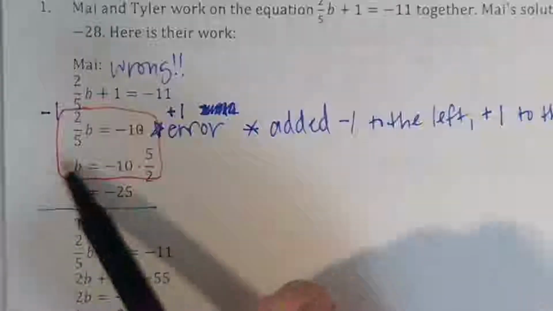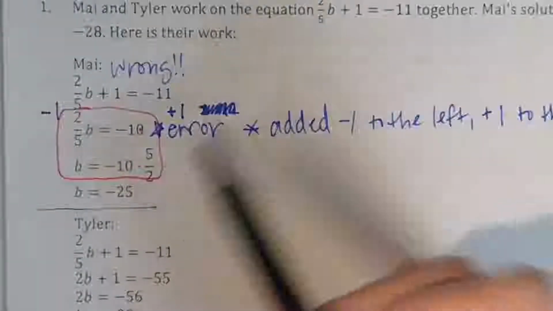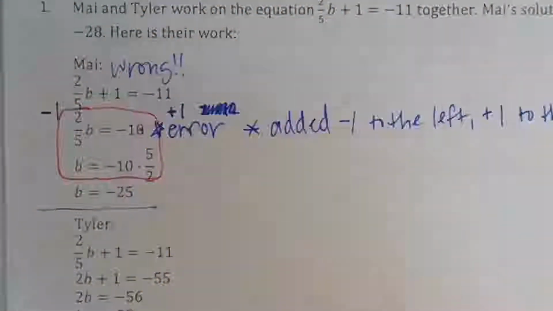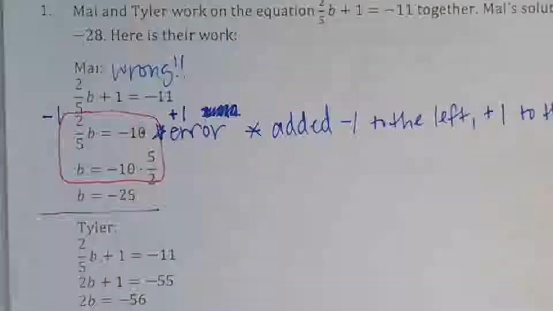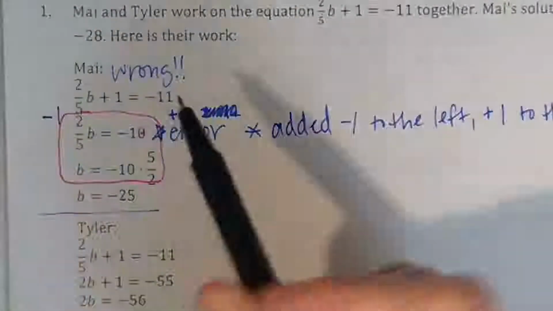I don't see anything multiplied over here, but I see a 5 over 2 magically appear. That doesn't automatically mean she did something wrong. There's absolutely a chance that she kind of completed multiple steps at once. So to kind of solve this mystery,